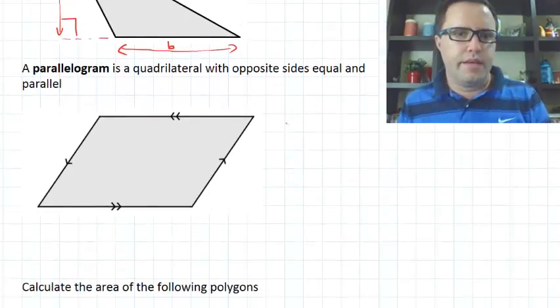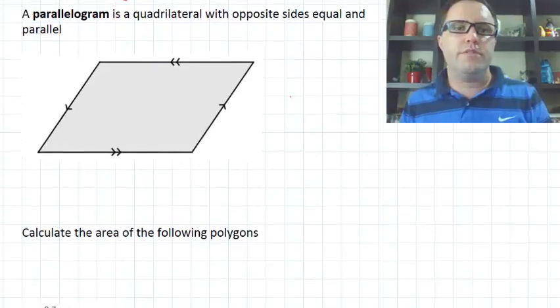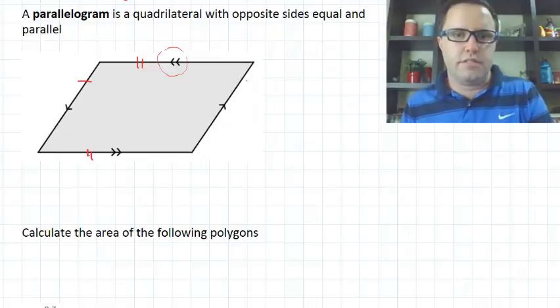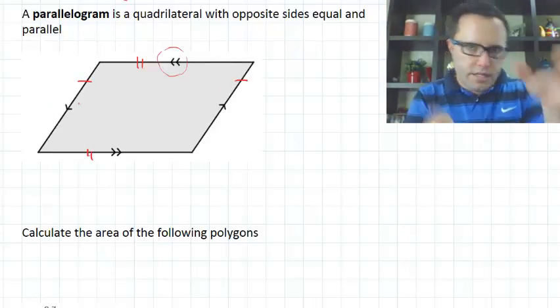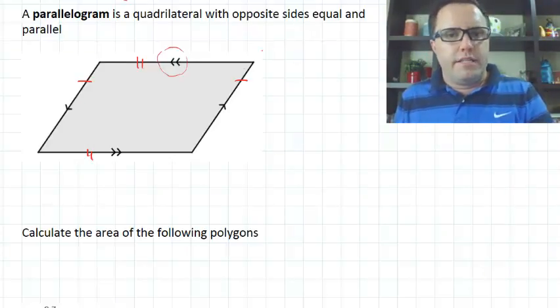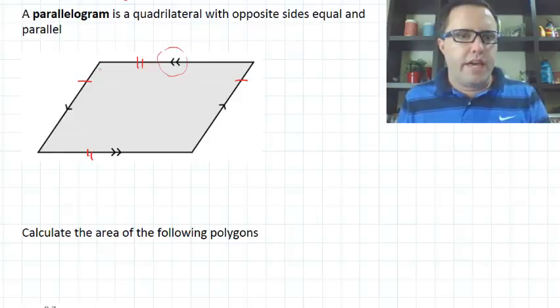All right, a parallelogram is a quadrilateral with opposite sides equal and parallel to each other. Okay, so these double arrows there mean that it's parallel, and they're also the same lengths as the opposite. Okay, so single arrow, that means these two sides are parallel and the top ones are parallel. Okay, all right, now to think about the area for this, I want you to think if we just chopped